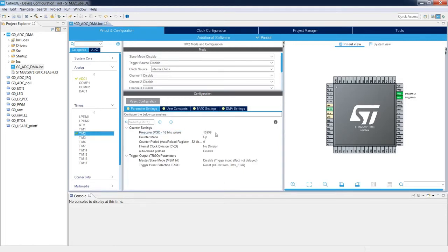It is important to put here the desired value minus 1, due to the fact that in the final calculation there is one added to the value stored in this PSC part of the register. After this operation, we will have as input clock to the timer, to its counter, 1 kilohertz.